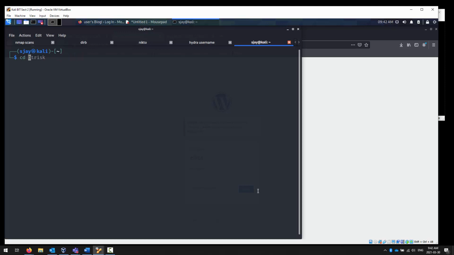I need to be in the correct directory. Hydra -l Elliot. This is why tab is your friend. Right away, I could see I was in the wrong directory because I tried to use the tab and it didn't work. Dash uppercase P, because this time I'm not going to use a single password. I'm going to iterate through a list of passwords. And it is the new FSO City dictionary. Okay? I need to use that